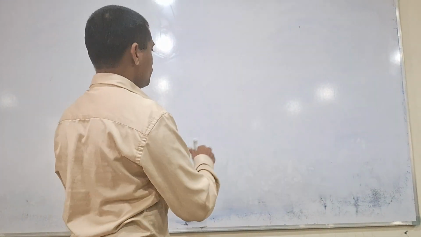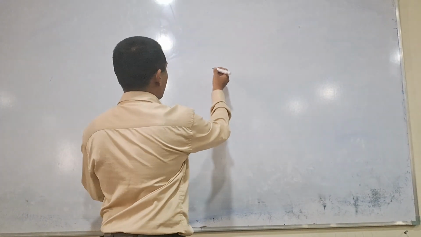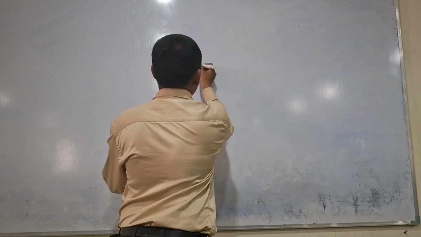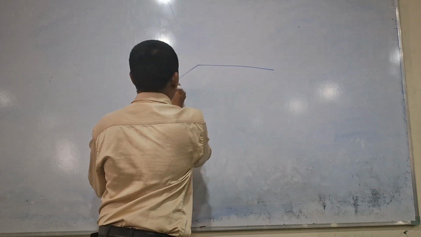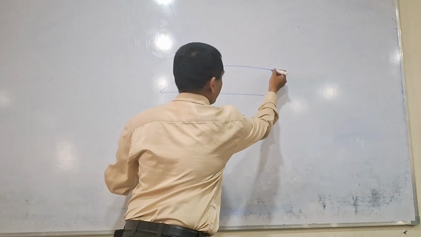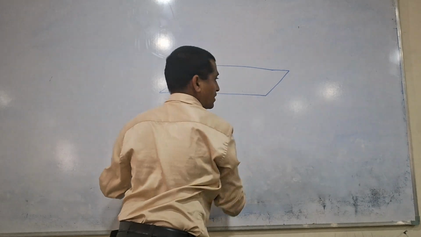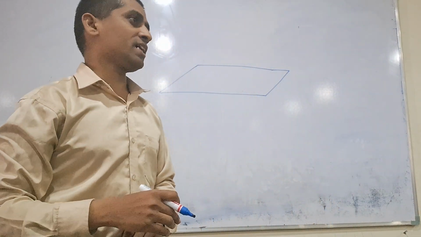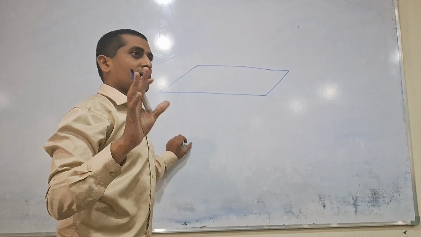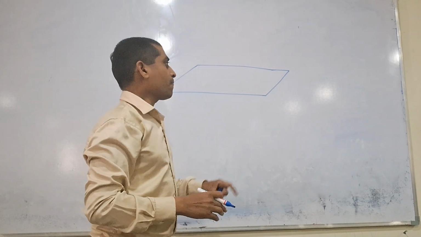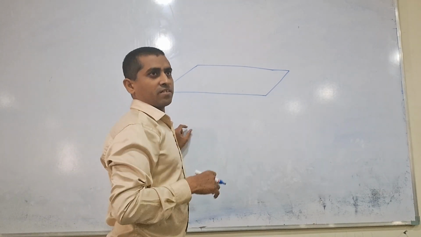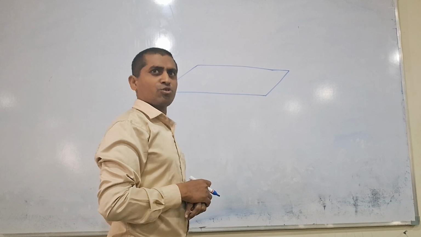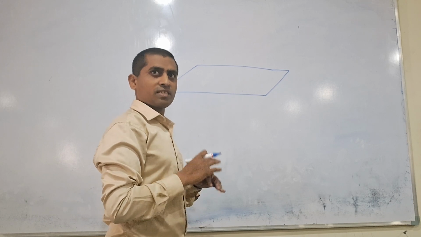Now see, let us say this is a horizontal plane. Try to understand this concept. We are going to understand positions of different views in first angle projection as well as in third angle projection. I am starting from the very basics. If you have missed any class related to projections, no problem, listen now.